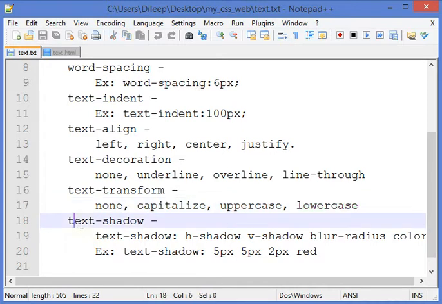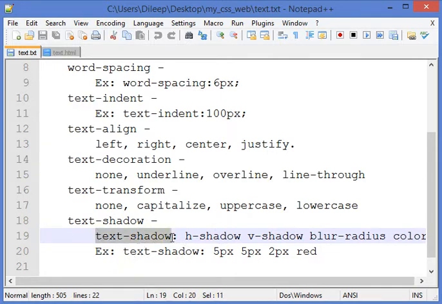Now the text shadow property. The text shadow property is used to set the shadow around the text, right? When we put the shadow around the text, we have to give not a single value but a combination of values, and we put these values with a space between them.